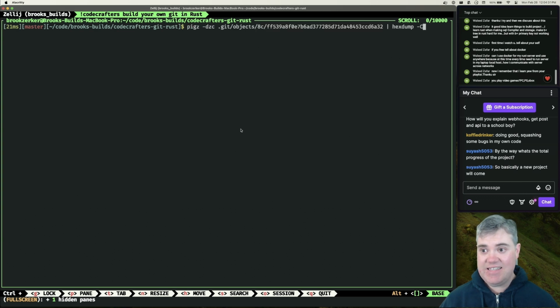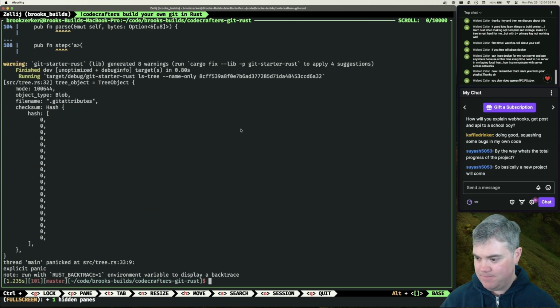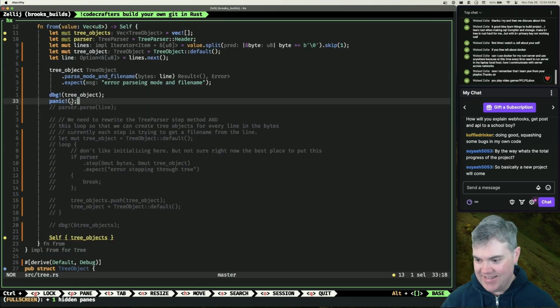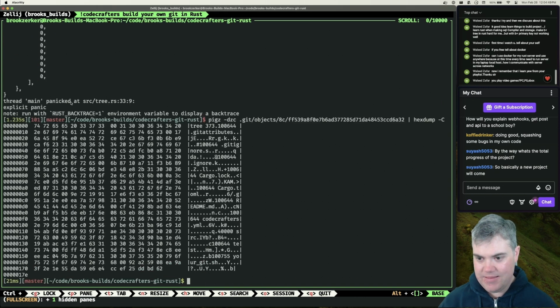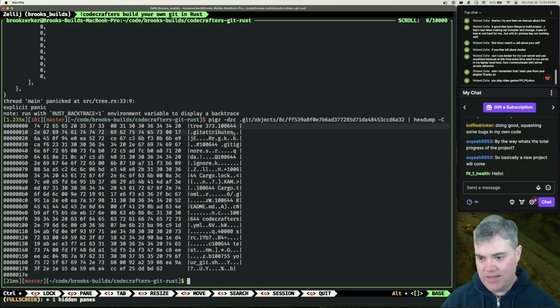Okay, let's see what we get. Hey, look at that. Okay, so we got our mode, we got our get attributes. That's exactly what we wanted to see. So we're able to do this, and I want to repeat this now for everything else. If we look at our pig-z again, we're skipping the header, we're handling the mode and the file name, and now the next thing that we're going to get is the